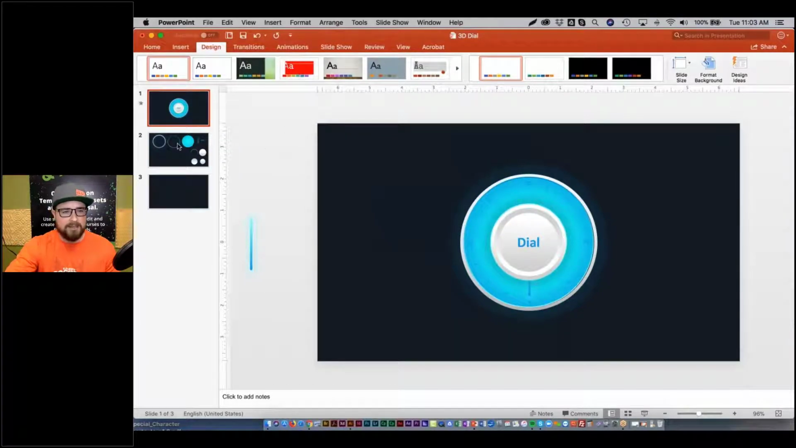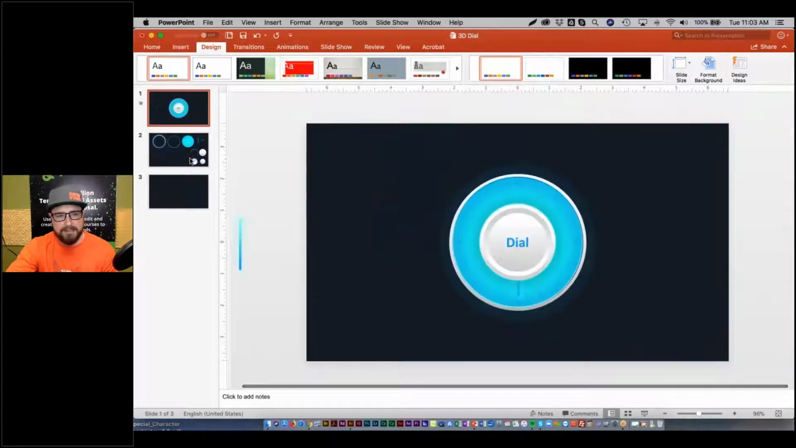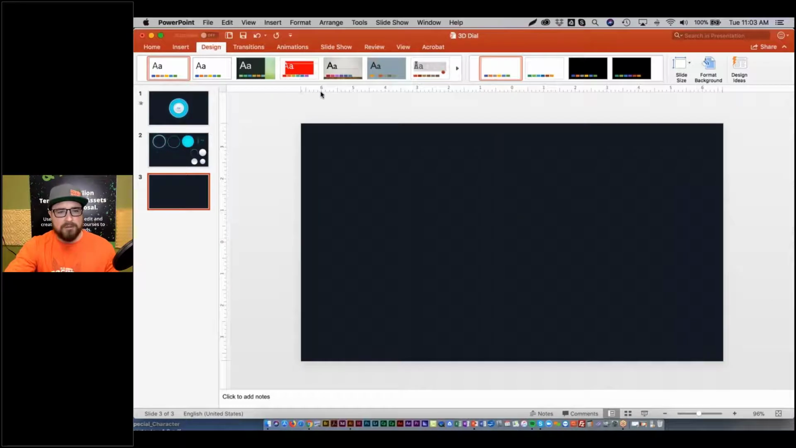If I go to my next slide, you can see all the elements pulled apart that show you all of our layers that we have here. And as you can see, there's really not that much involved. It's just a matter of those details that are included that make it look as neat as it is. So I'm going to go to a blank slide,